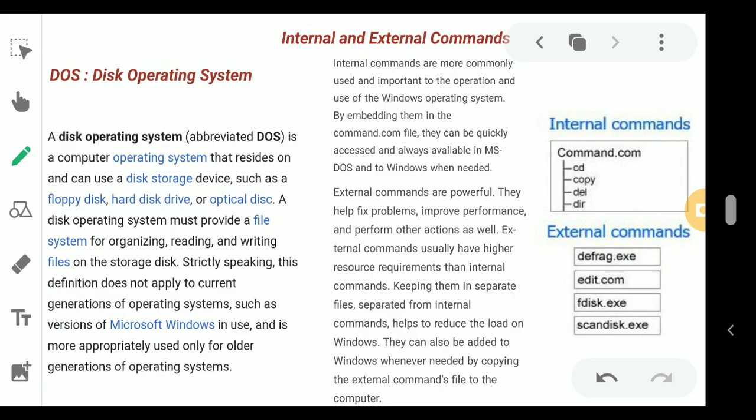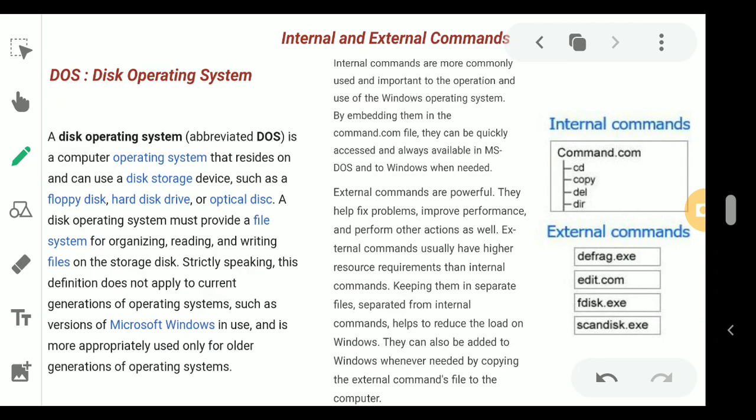Now, what is an external command? External commands are programs that are kept on the disk until they are needed. When an external command is used, DOS has to refer to the disk or the path where these programs are stored to run the program. These programs are displayed at the time of listing files. Examples are diskcopy, sys, format, xcopy, move, backup, restore, delete, etc.